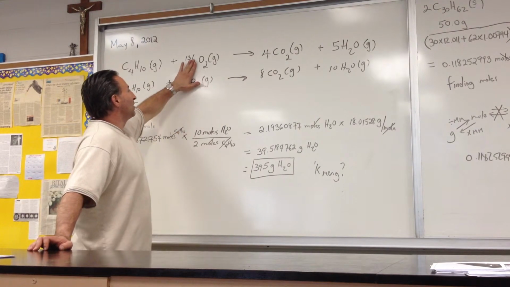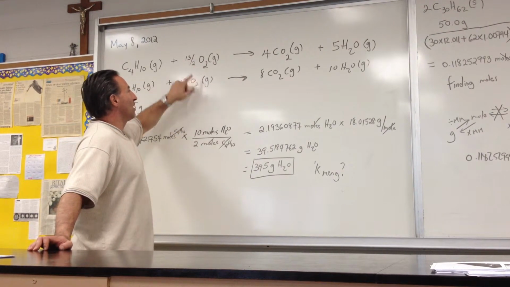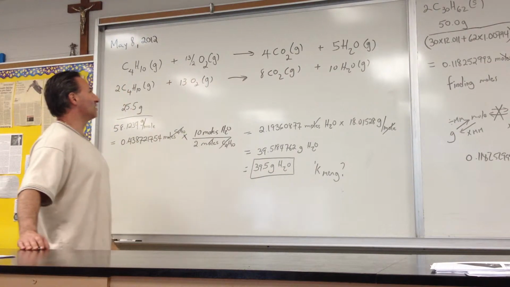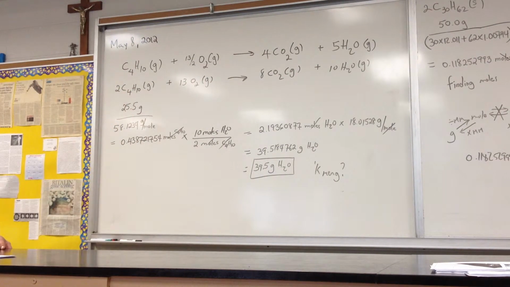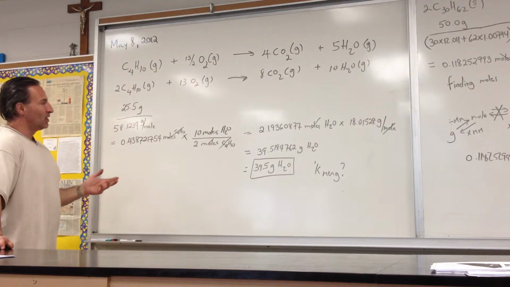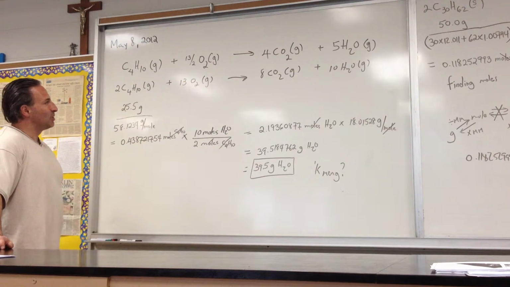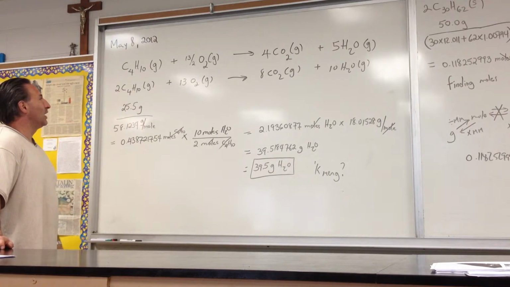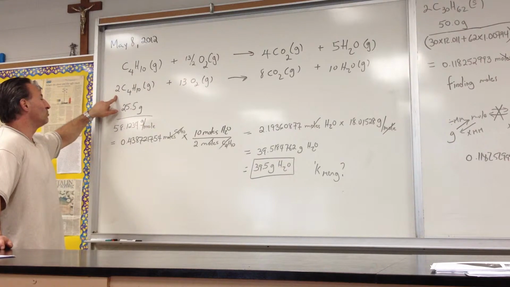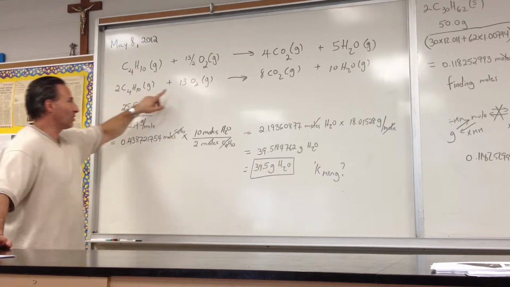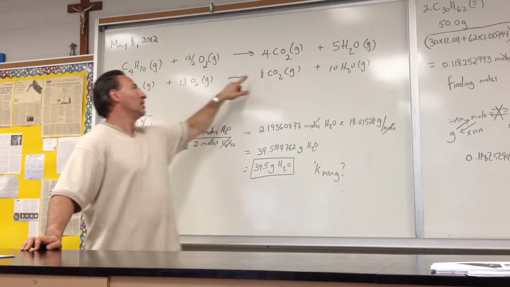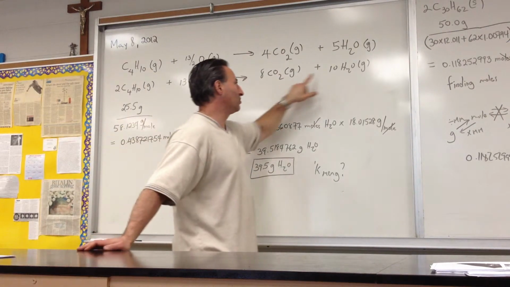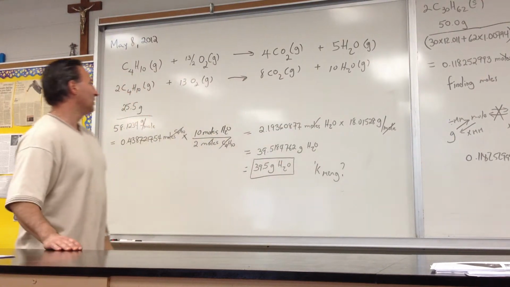Now, if I didn't put the 2, I would get twice as many oxygens as I need, so I just put that over 2, created a fraction out of it, and I get the right amount of oxygens. If having fractions doesn't appeal to you, then you can simply multiply everything by 2, and you'll have everything with whole numbers. So 2 butanes require 13 moles of O2, 8 moles of CO2, and 10 moles of water are